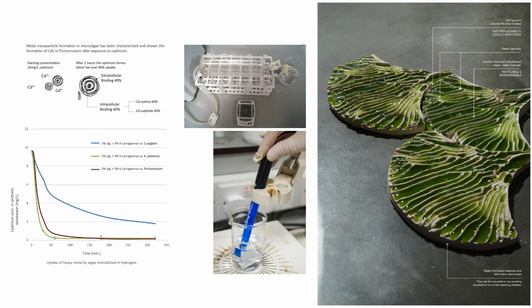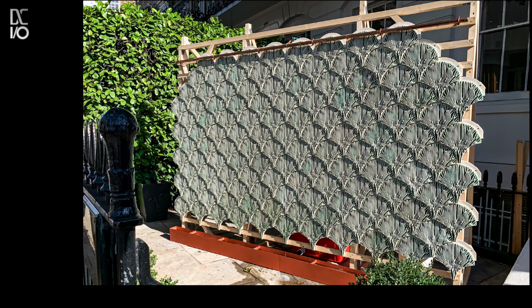We also scientifically tested the absorption rate, or its bioremediation capacity, in the lab, where we observed that cadmium, a heavy metal contaminant, when water containing cadmium was flowing through these tiles containing a specific microalgal species, Phaeodactylum, the tiles were able to absorb and reduce the percentage of pollutants by 100 times within 30 to 45 minutes. We then moved on to create a scaled up installation for the first time where we brought